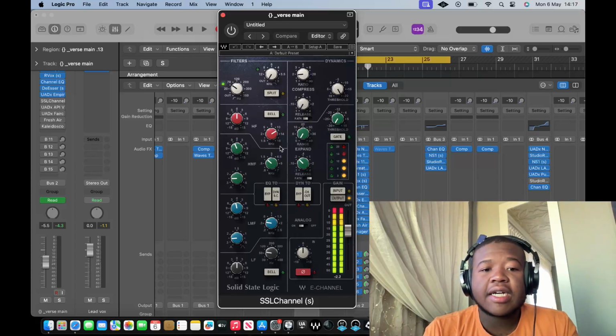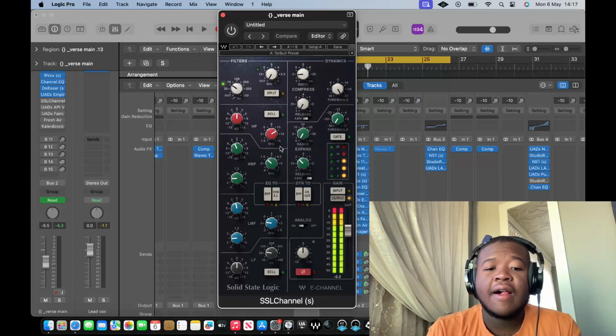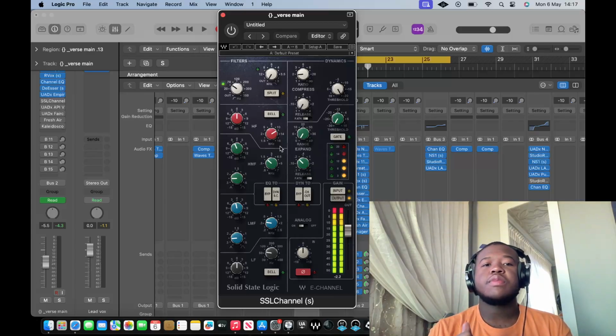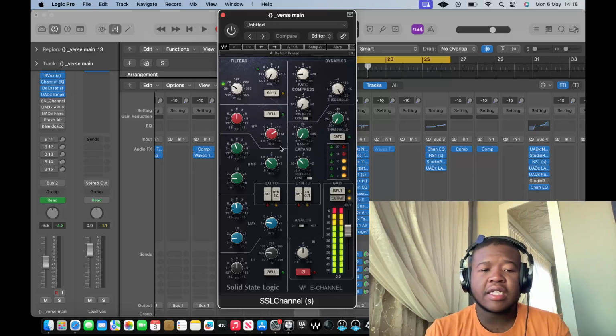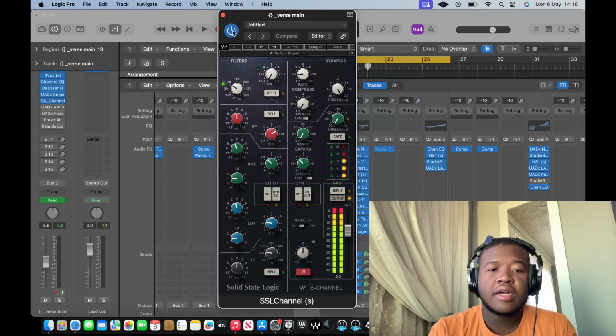Then we did some more subtractive EQ with the SSL. I don't remember why I did that exactly, but I think it was mostly because there were just too many things poking out, especially with the amount of compression and the way we're compressing this vocal. Things started poking out in a way that I didn't like. So we did more subtractive EQ in the high mid frequencies and then low mid frequencies. So this is how it sounds with it on.